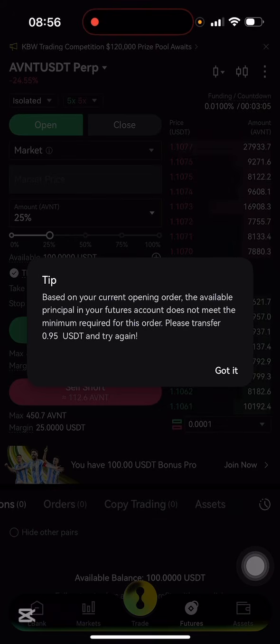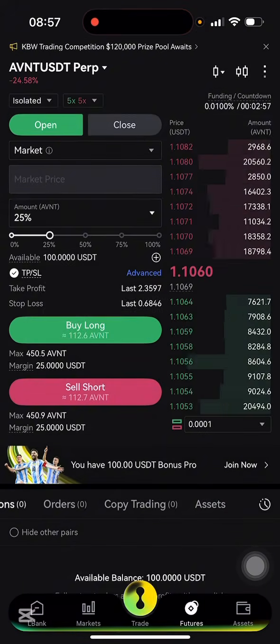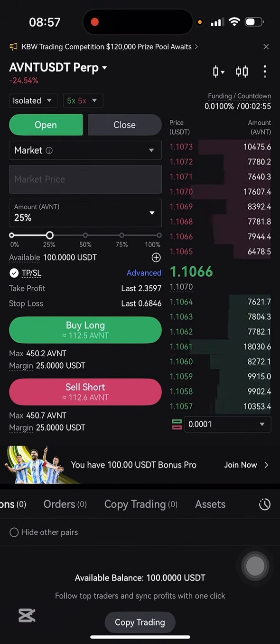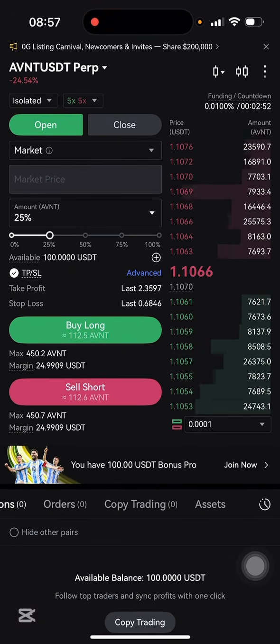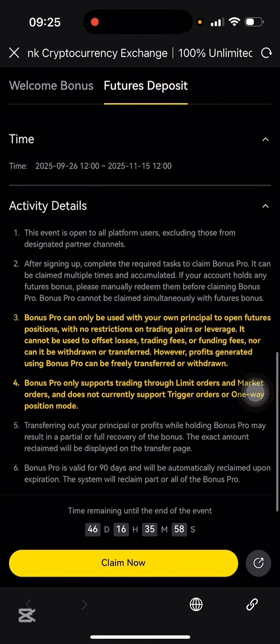Based on your current opening order, the available principal on your futures account does not meet the minimum required for this order. Please transfer 0.95 USDT and try again. So that means, I don't understand. So guys, I had to check the terms and conditions for this, and I discovered that we